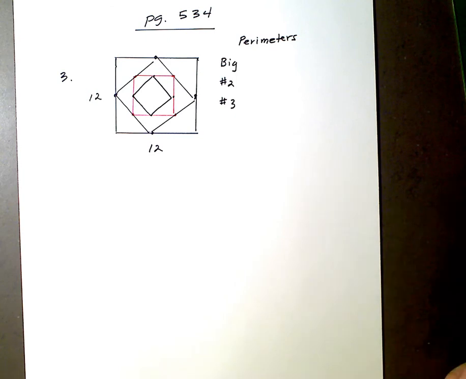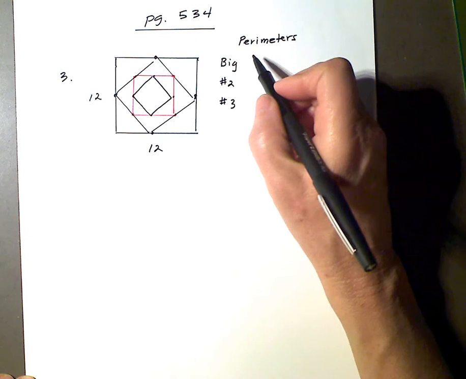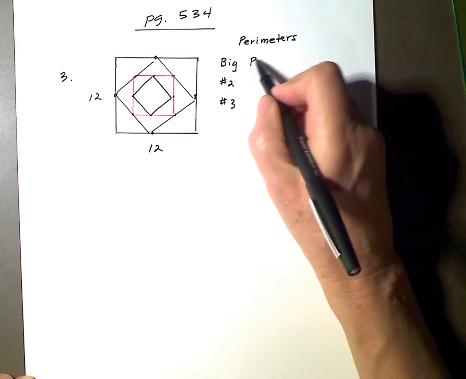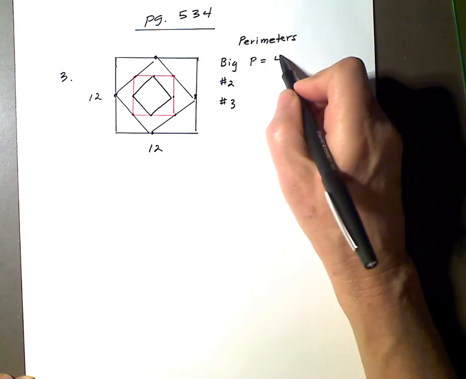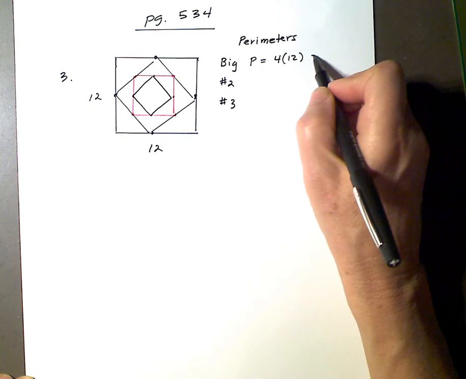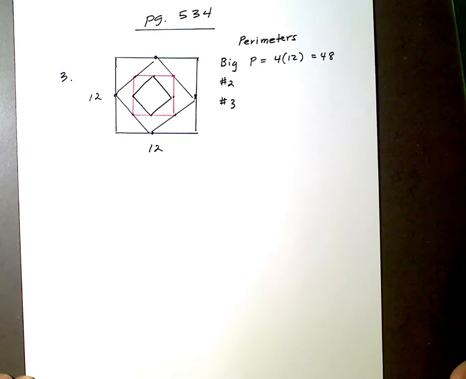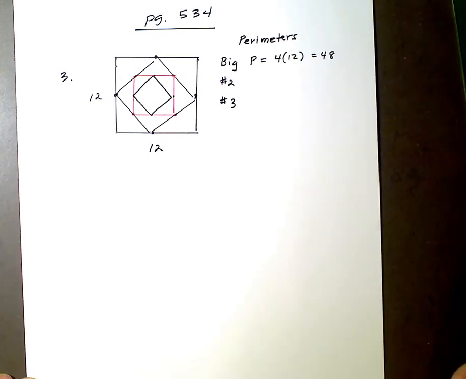So first of all, let's just start with the big square. The perimeter is 4 side lengths at 12 each, or 48. So we'll just do a few and get a pattern going here. So if that's the case,